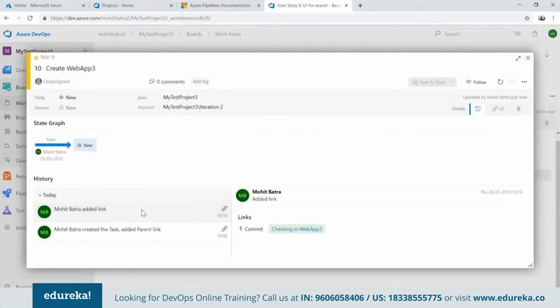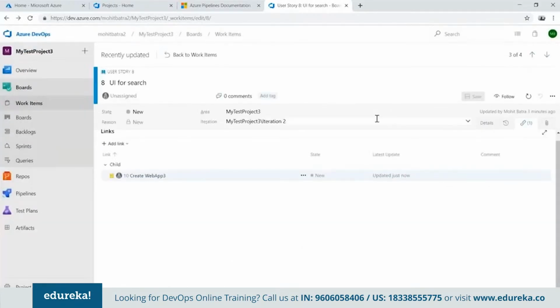Okay, so what you will see here in the description, or basically in my history, I can see that I have done some check-in here. So it is linked to that particular check-in. Now you can start visualizing this stuff. So you have got tasks, you have made your check-ins. From those check-ins, it is coming in. Once you make a check-in and attach it to a particular work item, it will be linked to that work item. So if anybody is going and looking into what changes you have made as part of this task, you can actually go ahead and see all that stuff. Now this is a part of the task.